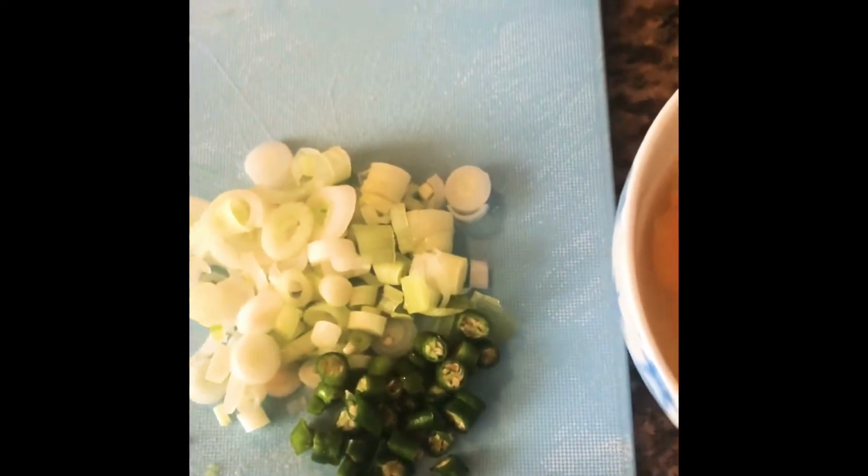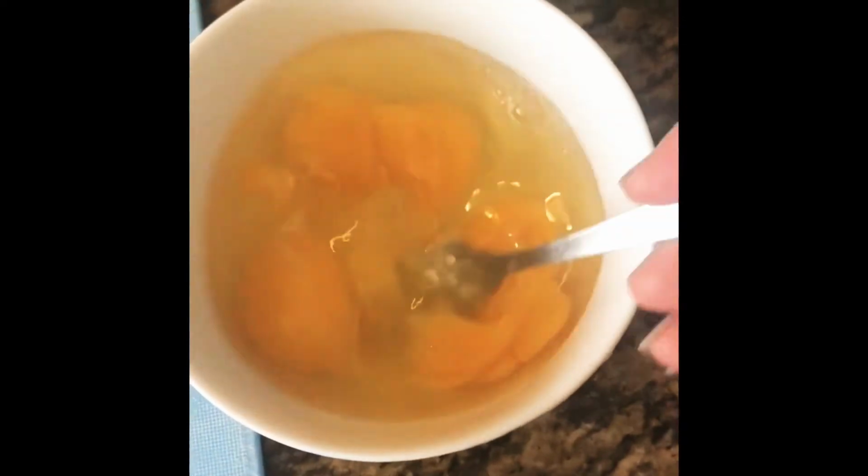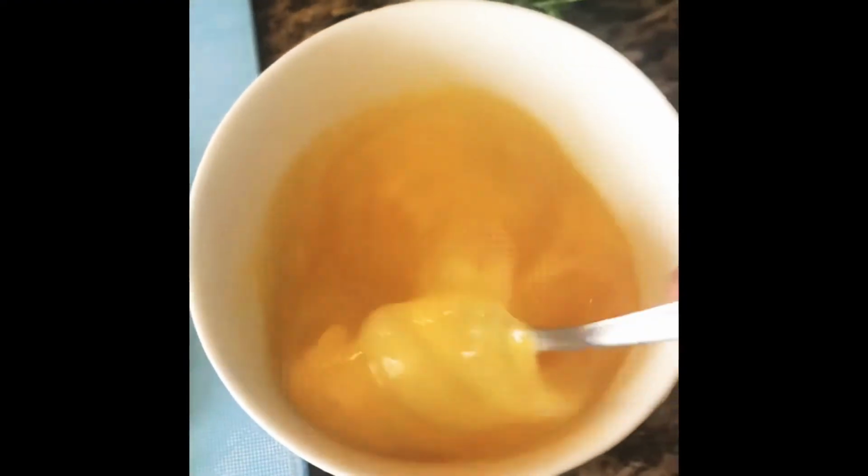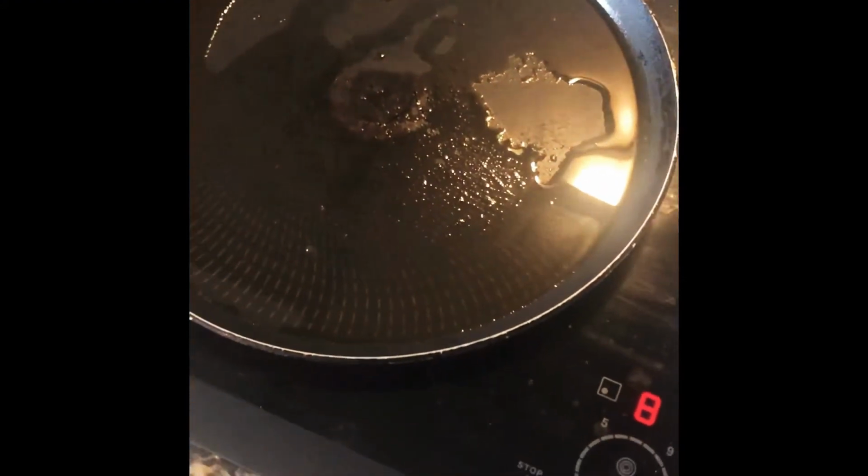I have chopped my green onion and my green chilies. I'm going to mix my egg. Beat your egg really well, on a high speed. Just beat. And I'm going to make my pan hot, either with butter or with